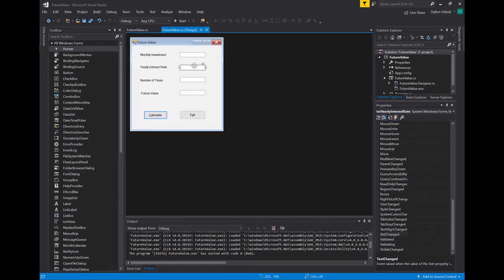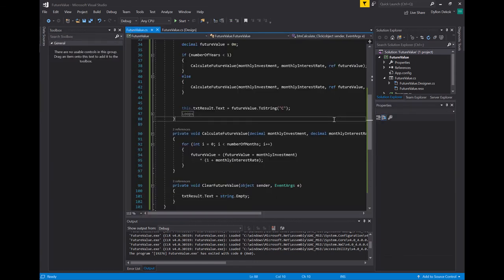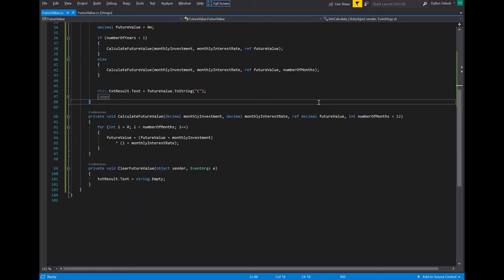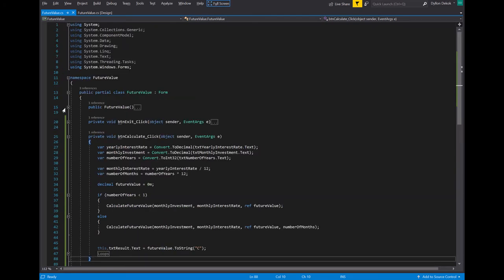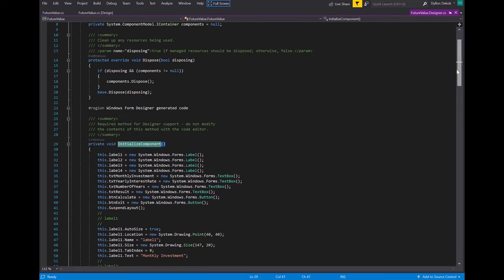And let's go ahead and add that same event to the other two text boxes as well. So here's clear future value. I'll click save. And again, clear future value, and save. So if you notice, what that does is if we go back to this screen, we can go to initialize components. It actually generates that code for us